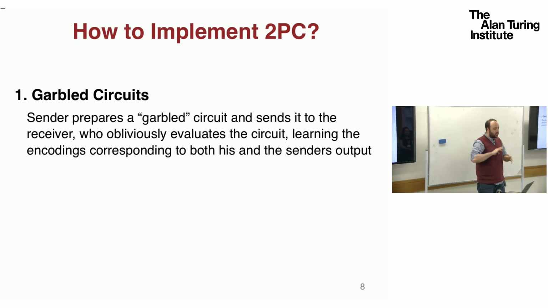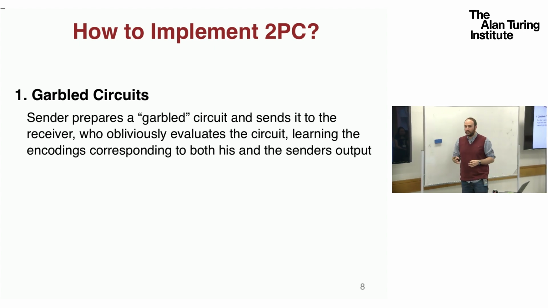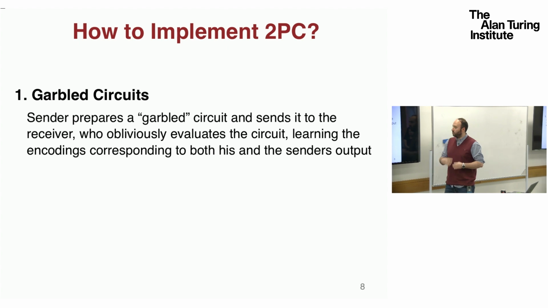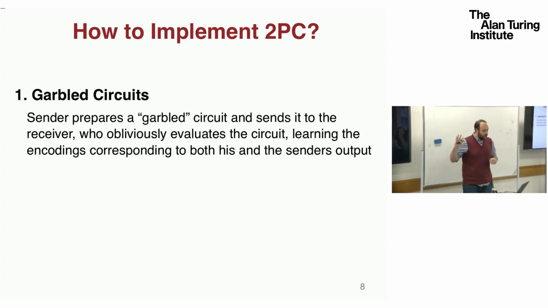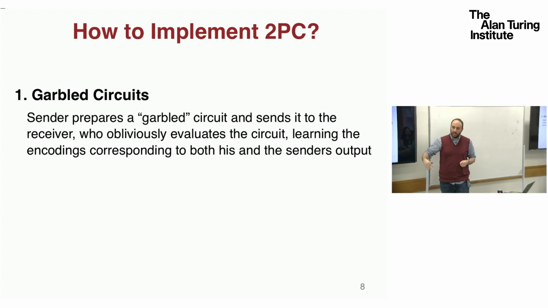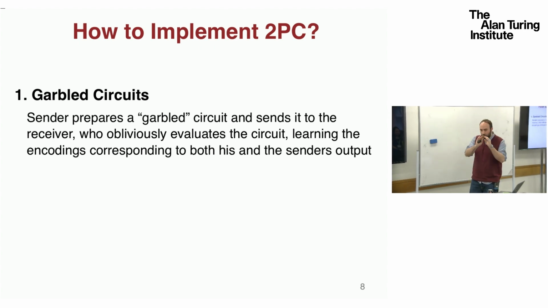So what does that mean? It does it without understanding the details of the circuit, so without getting the input from the other party. And so it will only learn the encoding that corresponds to both its own and the sender's output. Okay, so you define a function as a Boolean circuit. Obviously, you can do that, and there is a mechanism to garble it, to sort of hide the inputs that